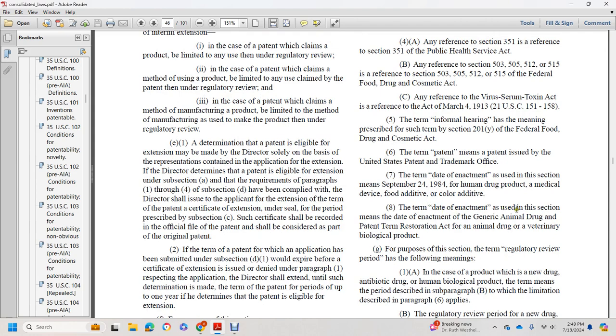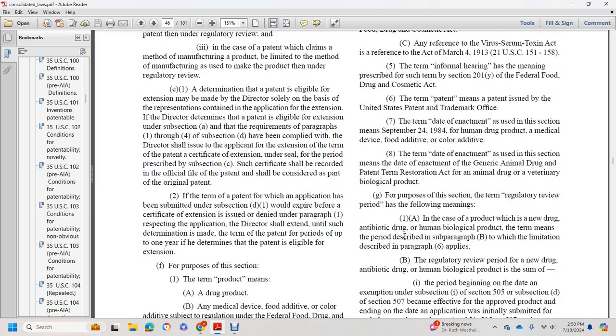The term date of enactment of this section means the date of enactment of the Generic Animal Drug and Patent Term Restoration Act. The term animal drug means a veterinary biological product. For the purpose of this section, the regulatory review period of the following means: (1)(A) In the case of a product which is a new drug, antibiotic drug, or human biological product, the term means the period described in